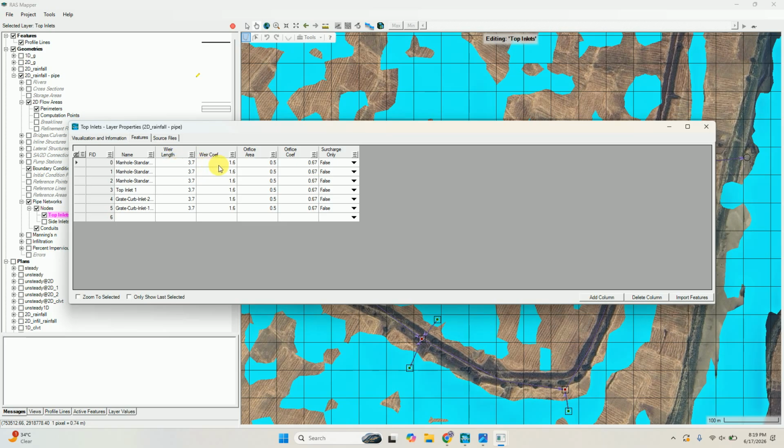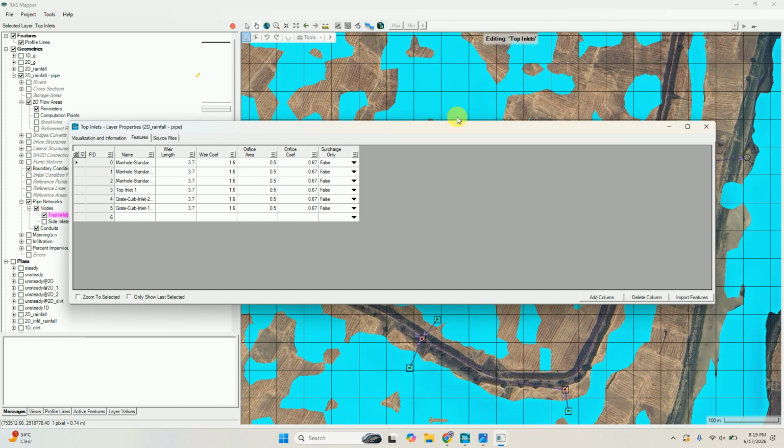You will find the wear coefficient in the HEC-RAS manual. And this is the orifice area. It is 45 to 50% of the base area, like this manhole area. This is the area which I have applied in node attribute 1.13, and we will give 45% or 50%. The orifice area means the opening area which takes water from the surface to the pipe. Okay, that's it for here.